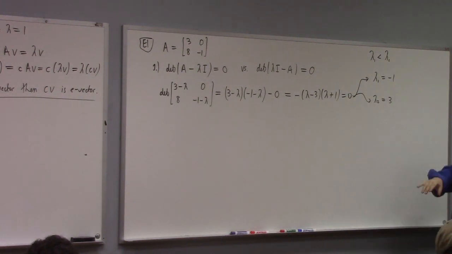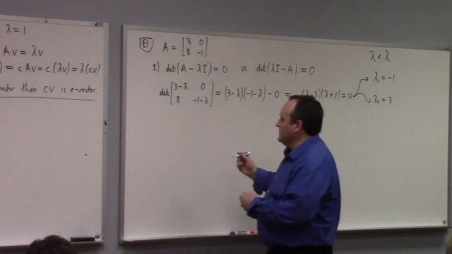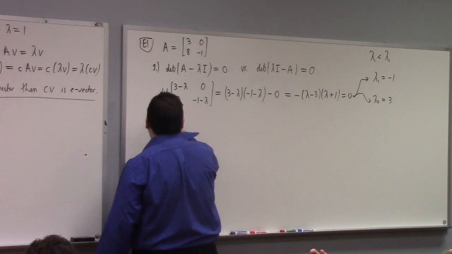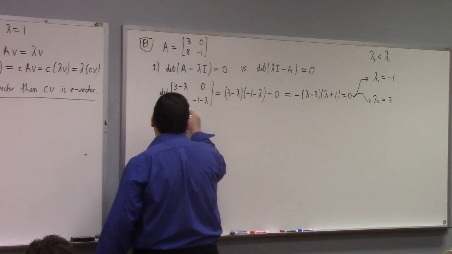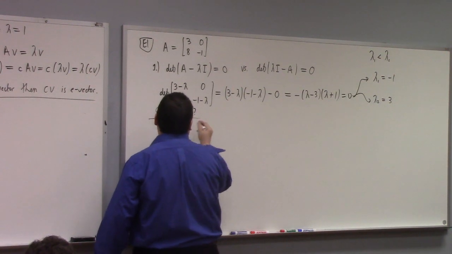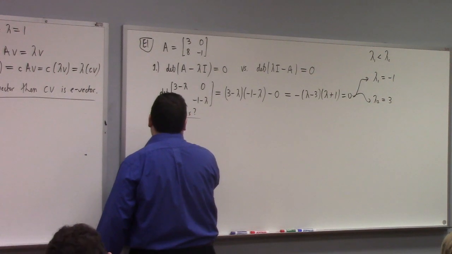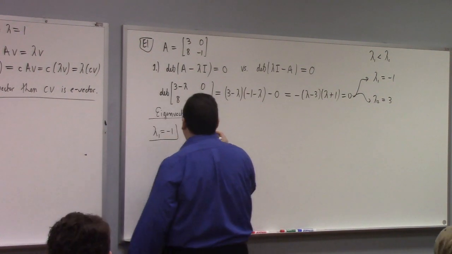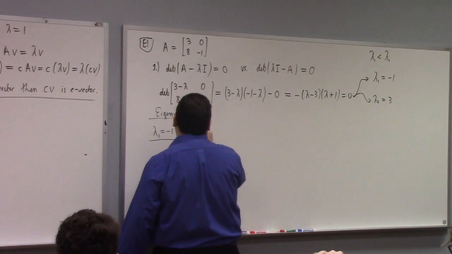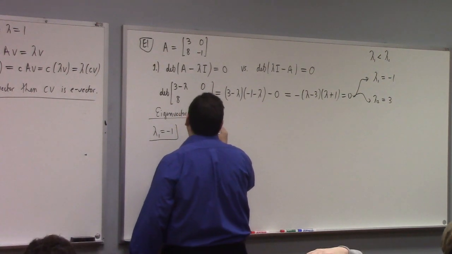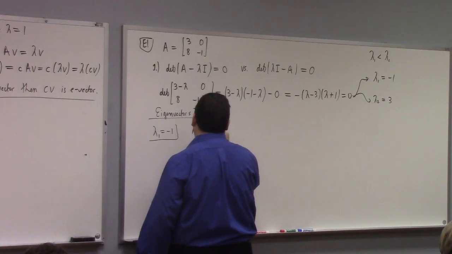So we found our eigenvalues. Great. Now what? Let's look for the eigenvectors. We're trying to solve, and as a point of organization I usually put my lambda 1 equal to minus 1 here, to tell my reader that's what I'm doing. So I'm looking at A minus (minus 1) I,